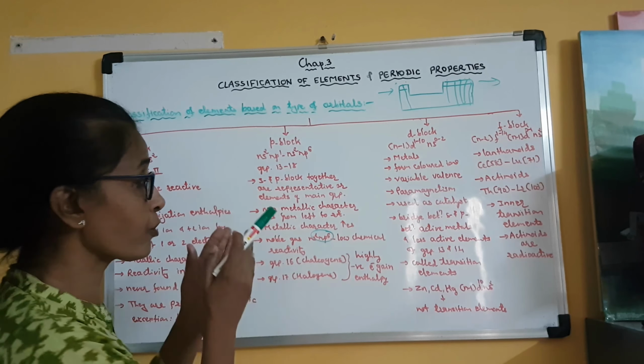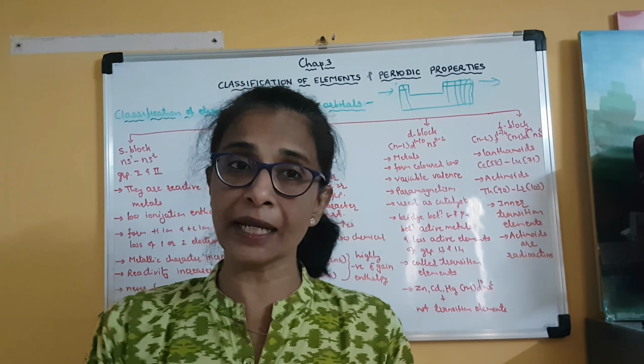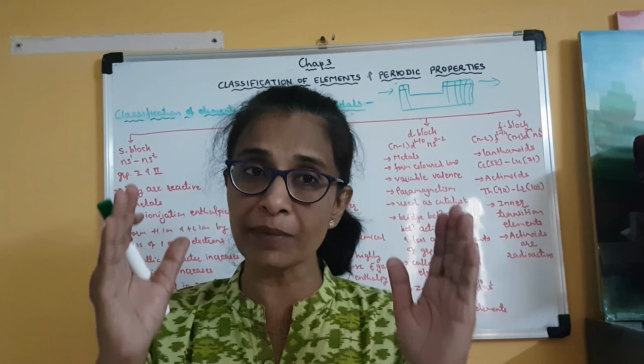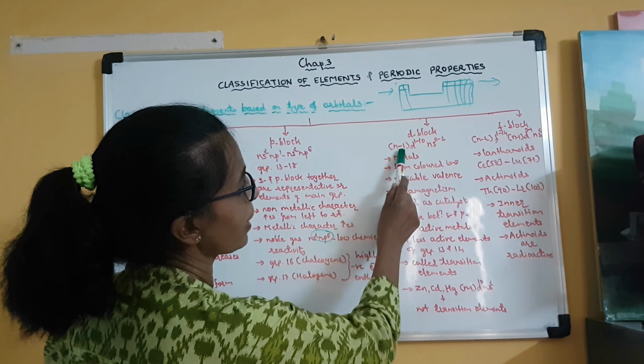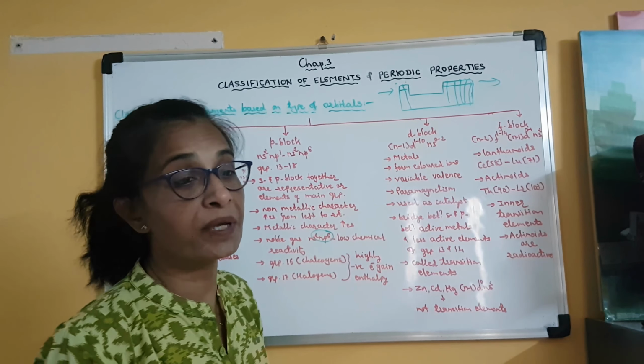Then the third type is the d block. Obviously in these elements the last electron is present in the d orbital. We have studied that d orbitals are 5 in number, with 2 electrons in each, so a total of 10 electrons can be accommodated, and that is why their general configuration is (n-1)d1 to 10 ns0 to 2. It means the s orbital is either vacant, or there can be one electron, or two electrons. Clear? But the d orbital is n minus 1.